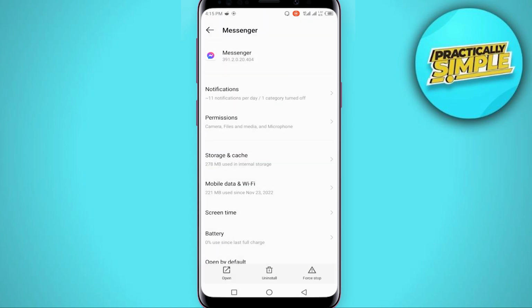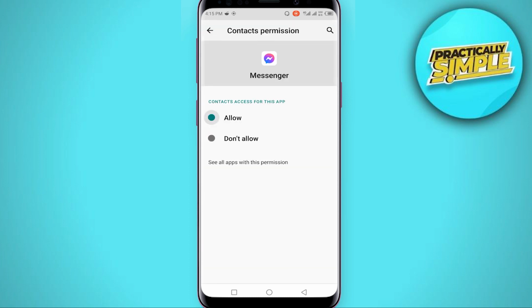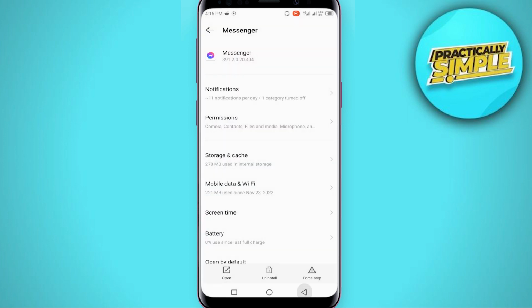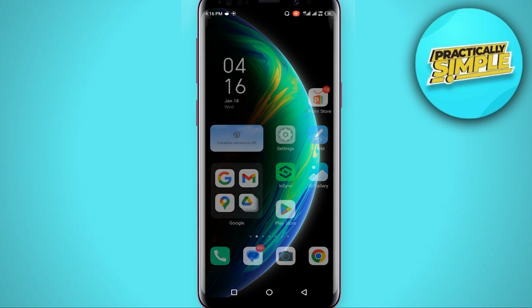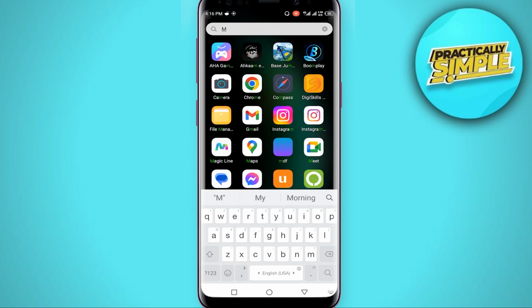After this, just go to Permissions and make sure that you allow all the permissions to the Messenger application like this. So just allow all the permissions to the Messenger application and then go back again and check if your problem is solved or not. And if it still doesn't get solved, then what you can do is simply restart your mobile, and after restarting, just go to the Messenger application and your problem will